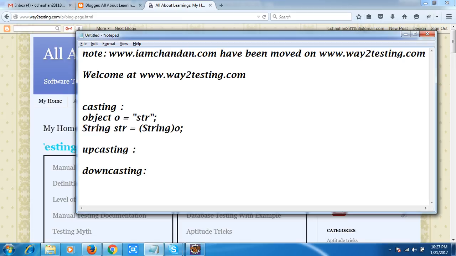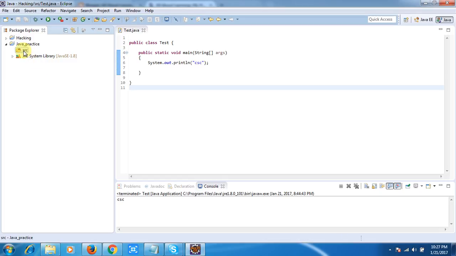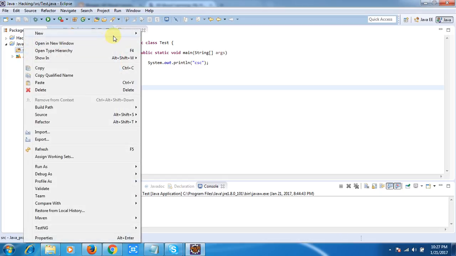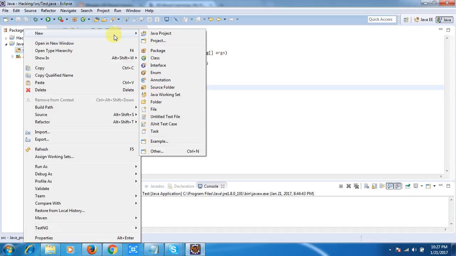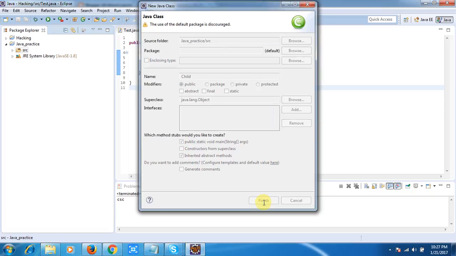So let me open my Eclipse, and yes, it is the Java practice project. I will create a class and give it the name child class. We need public static void main, so I will check that box. This is our class.